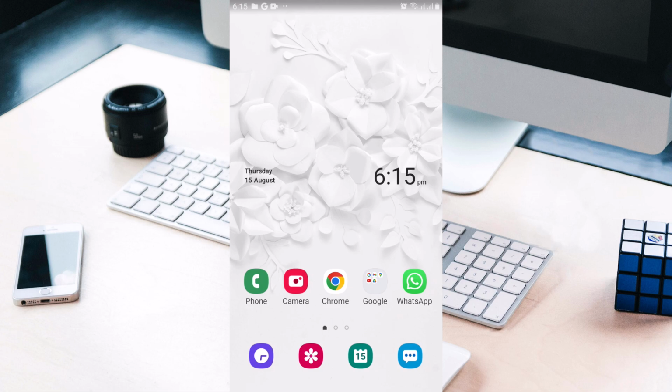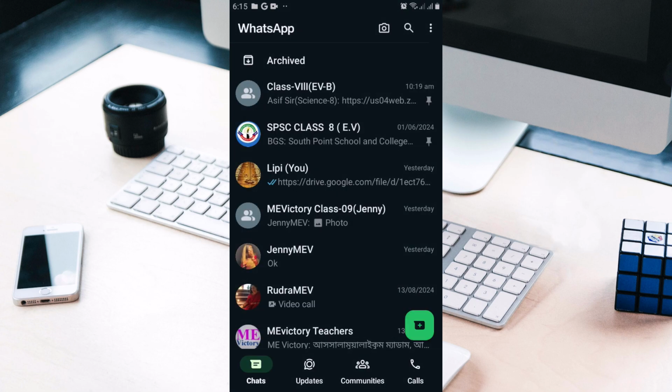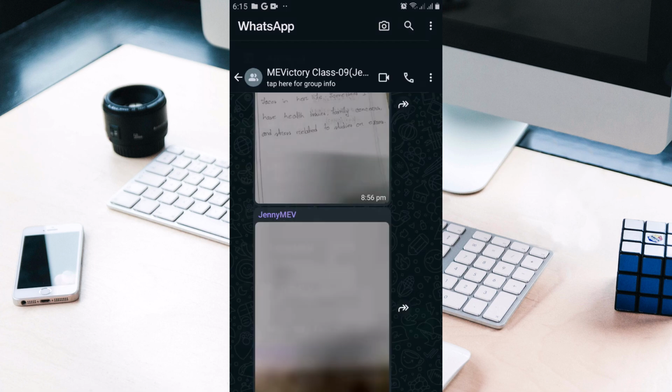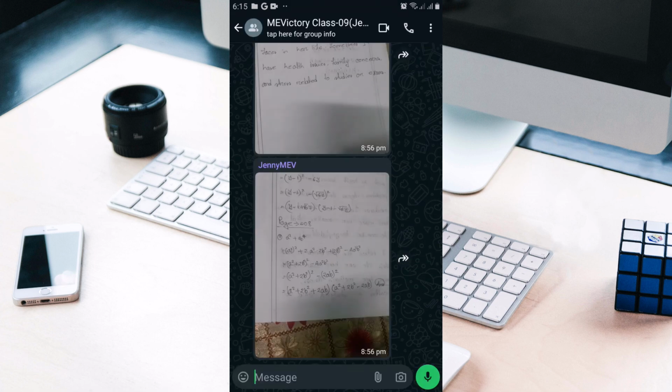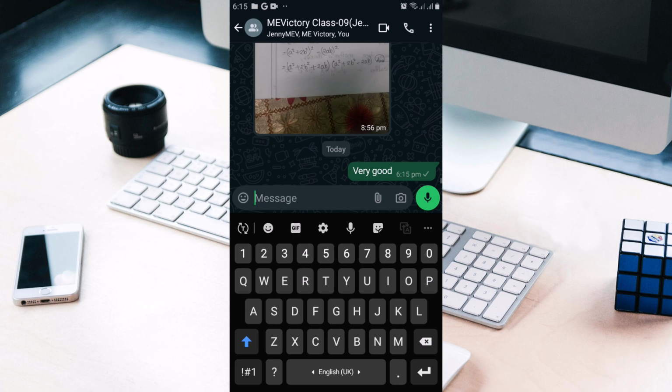Let's check it out. Head over to your WhatsApp, navigate to a group chat, then send a message. Click on send. Once you have sent a message,